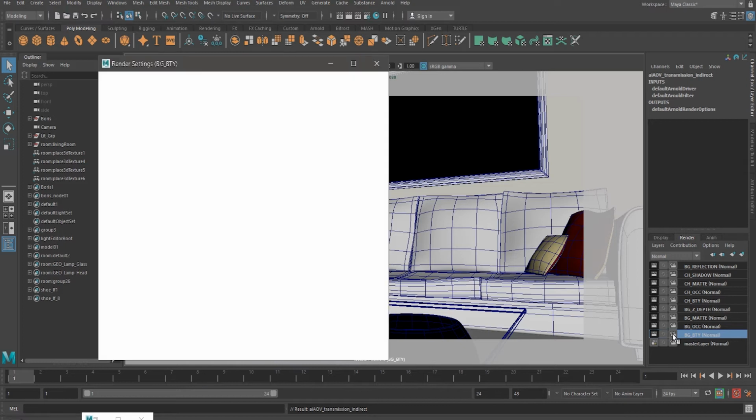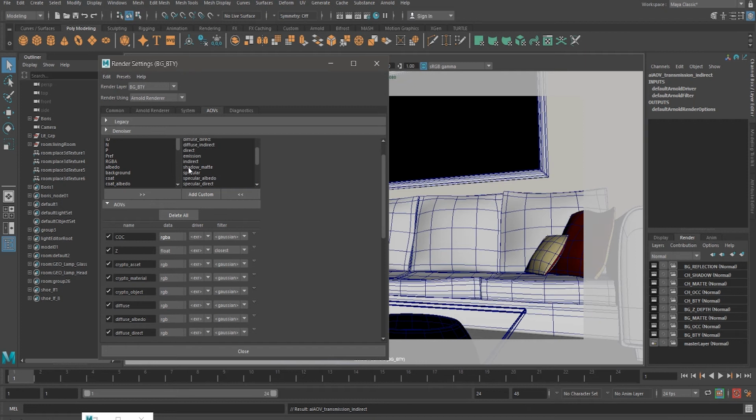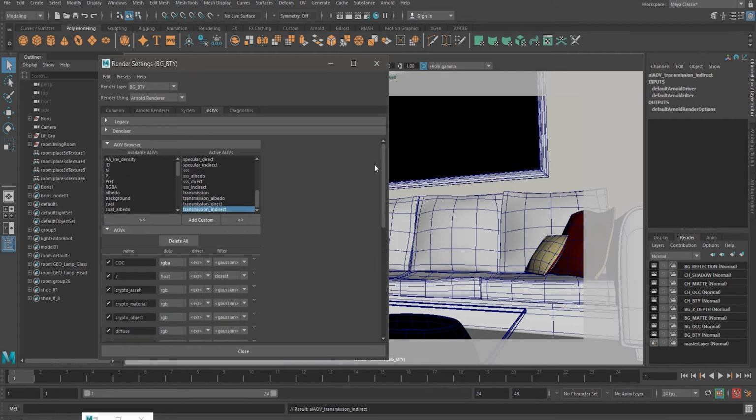So go to render setup, and for simply deleting, all you have to do is select all those unnecessary AOVs. Like, I don't need this diffuse or diffuse albedo, so I will click here and now they are gone. I need this diffuse direct or indirect. Also I don't need this direct and indirect. Emission is not coming, but I will keep it.